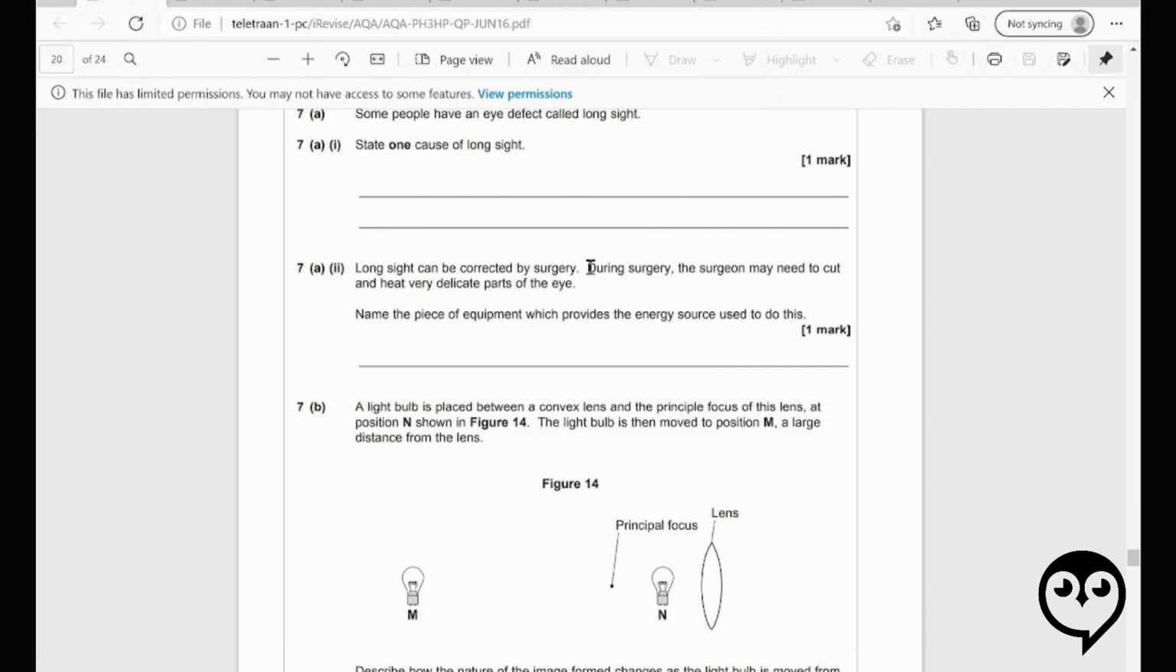Long sight can be corrected by surgery. During surgery, the surgeon may need to cut and heat very delicate parts of the eye. What equipment is used to do this? It is a laser eye surgery. Okay,